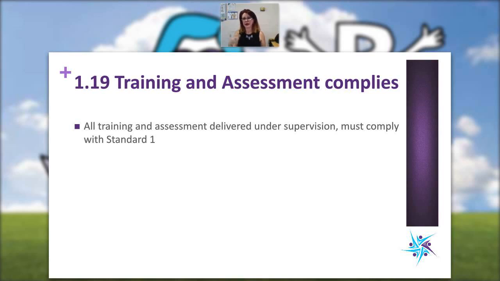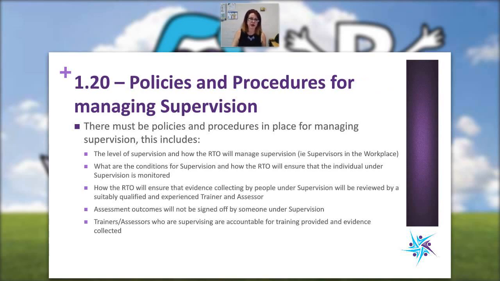So 1.19 is that the training and assessment complies. All training and assessment delivered under supervision complies with Standard 1 all over. So we have policies and procedures for that in the Q&C manual and in the trainers and assessors handbook. 1.20 is that you actually have policies and procedures in place for managing supervision. So we do, in the Q&C manual, there are policies and procedures in place for managing supervision in the workplace,